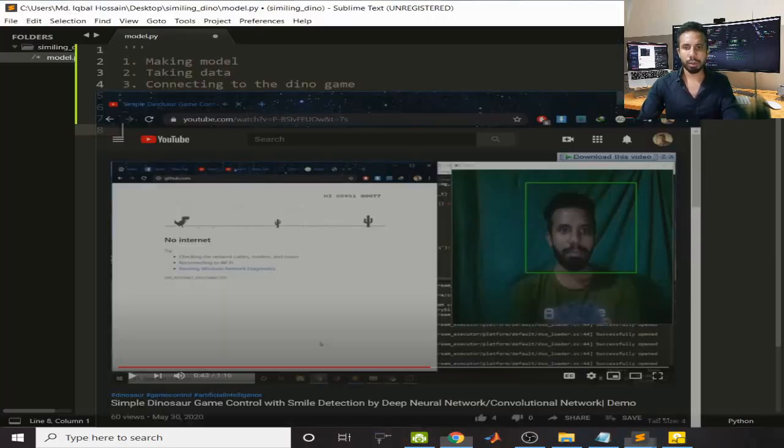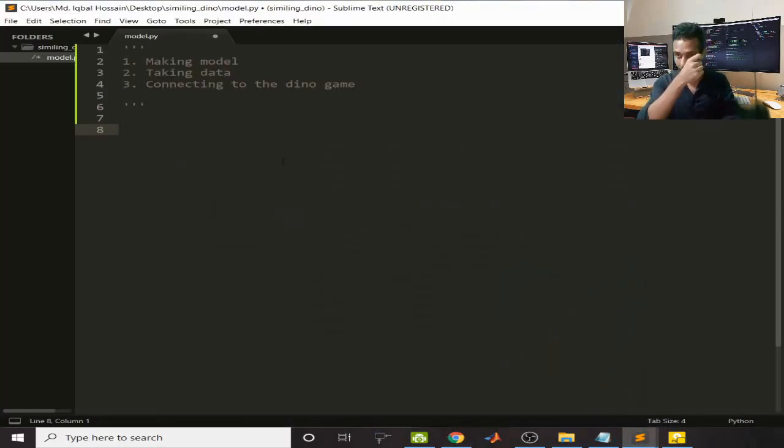Okay, now in this part I am going to make the model. So let's import TensorFlow. Here you can make a project named smiling dino, and under this folder you can keep model.py. I will require more than one py file and more than one folder to make this project, so follow me as it is so that it will be easy for you. Just import TensorFlow